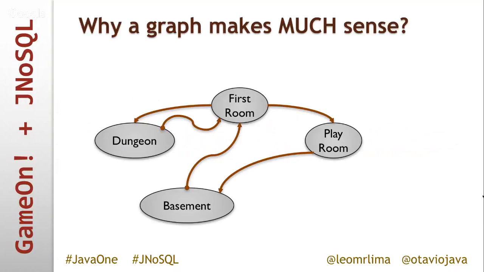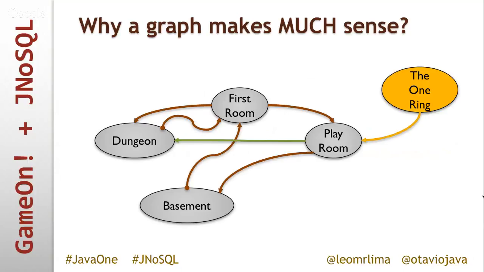With a graph that looks like this from the first slides I was showing, we can add, for example, a ring that is being tracked to the playroom, and then if someone moves the ring, you can just update this later on. And also you can have a trapdoor or secret passage that goes from the playroom to the dungeon, and it's not easily listed. You can just go. If you search 3 times, then you find it. So depending on the room, you can really add more features to it if the map supports easier navigation.